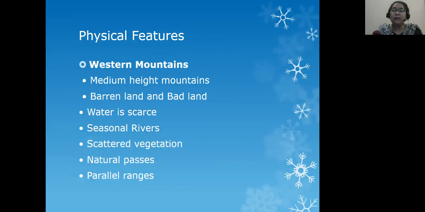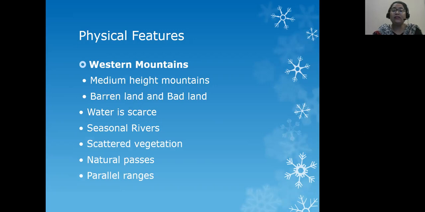In western mountains, the mountains are medium height, barren land, rough, rugged, with no vegetation. Water shortage is common in this region. They don't have enough rainfall. Most of the rivers which are flowing in western mountains are seasonal, which means they only flow during the rainy season.